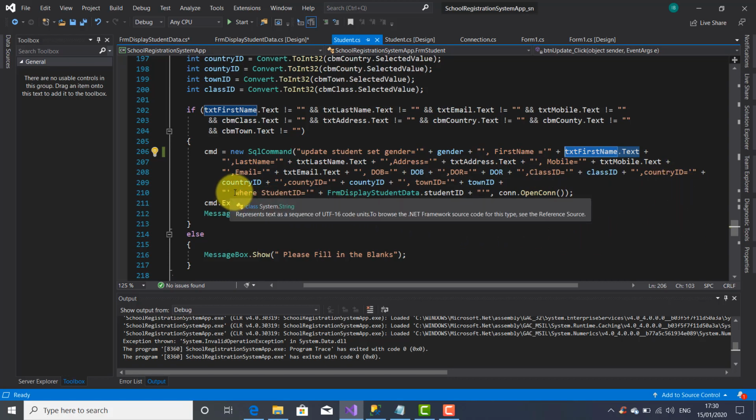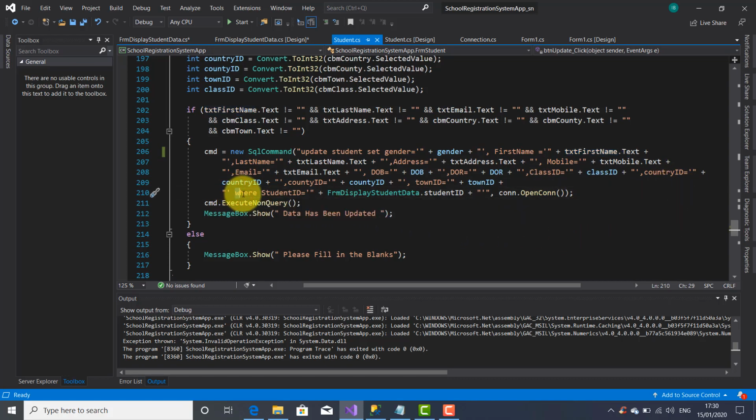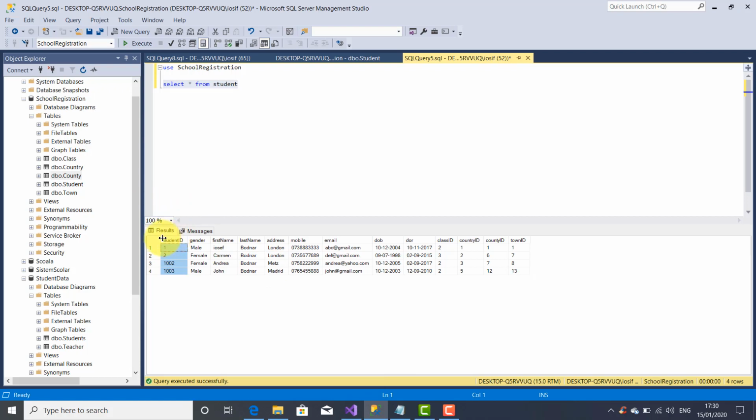And here at the end I have used this where keyword, and this student ID should be equal to this field from the student table from SQL Server,